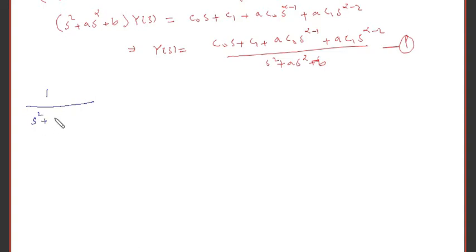s squared plus a s to the power alpha plus b, and I'm going to take s alpha common from the denominator. Once s alpha is taken out as common, the first term becomes s to the power 2 minus alpha, from the second term only a is left, and from the last term it becomes b times s to the power minus alpha. Now shifting this s alpha to the numerator, it becomes s to the